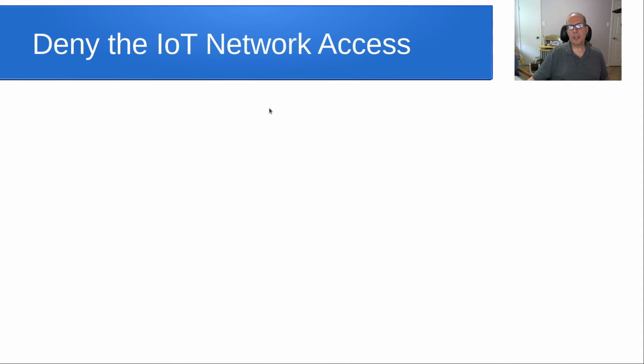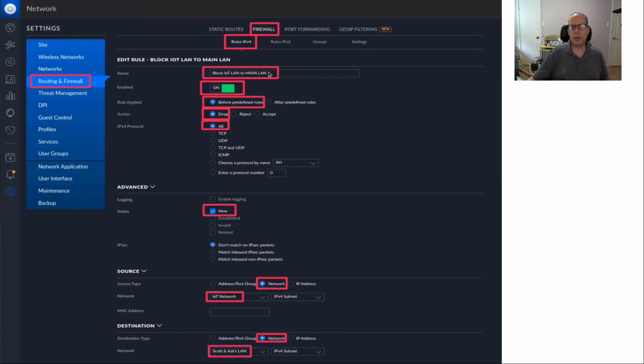So then we want to deny IoT network access to other VLANs. So in order to do that, we're going to create a new firewall rule, and you do that by going into routing and firewall. Go into Firewall, go into Rules IPv4, and say Block IoT LAN to Main LAN. I enable that, and I say I want that before the predefined rules, just like I did with the other. And this time, instead of accept, I'm saying drop, and then it's going to be all IPv4 protocols, and then I want to drop all new